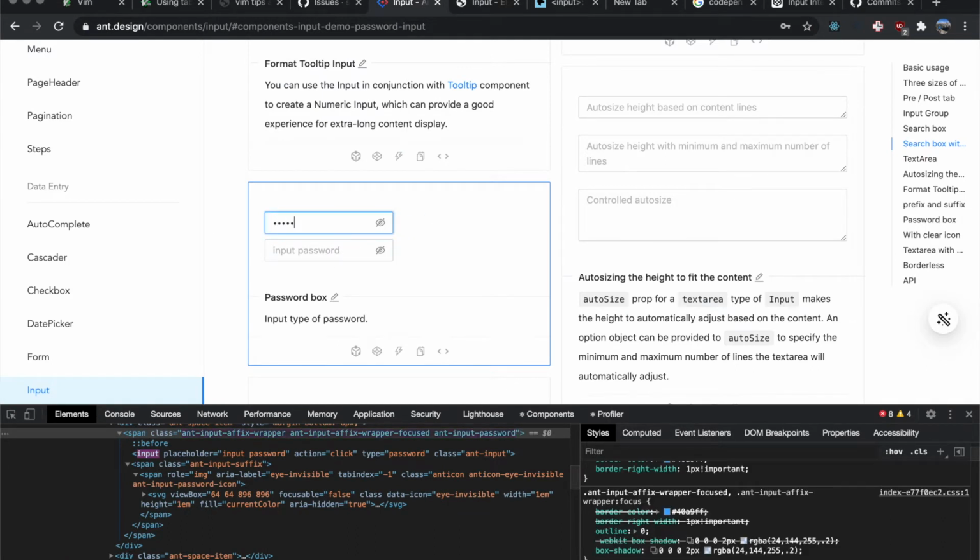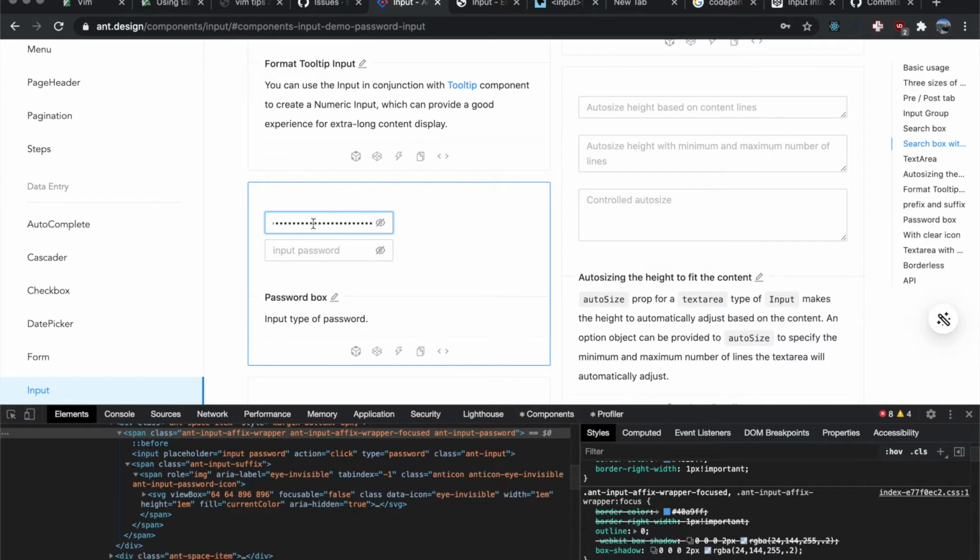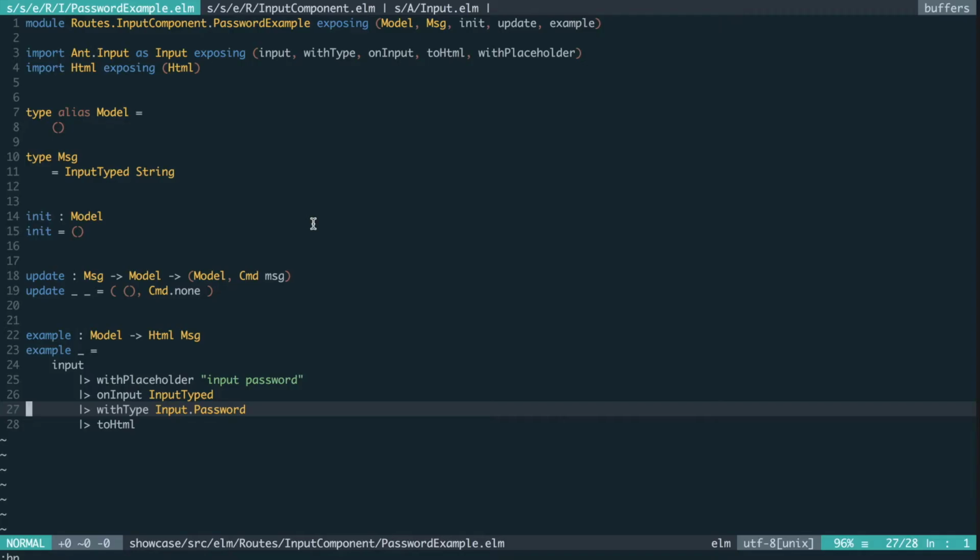I wonder what this looks like when you have overflow. So overflow just becomes scrollable. Yeah, it's scrollable overflow. Cool. All right, so